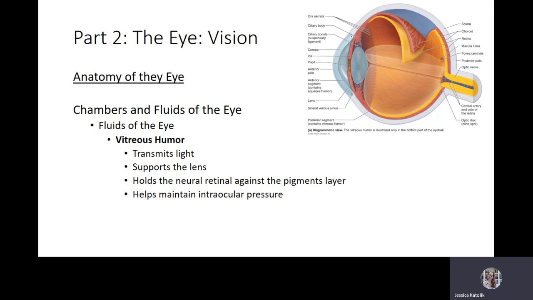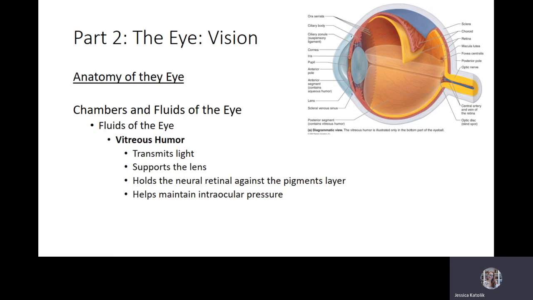So what are the functions of the vitreous humor? It's going to transmit light, and so it's going to allow light to pass through its structure. It's also going to help support the lens on the posterior side, kind of helping hold it up. And it also is going to connect the neural retina and kind of push the neural retina against the pigmented